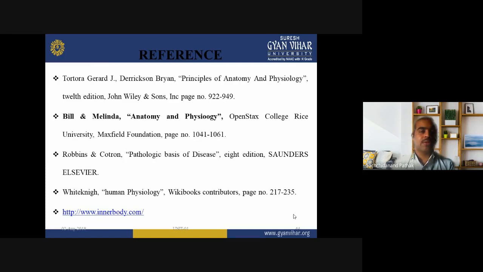Now here are some books that you can follow. Today, whatever we learned, that means we talked about the reflex action, different parts of the brain and the ventricles. So you go through these books like Tortora, Principles of Anatomy and Physiology, Vaughan, that will be the anatomy and physiology, Robbins, the pathophysiology, basis of the disease. You can see the diseases related to the nervous system in these books, as well as you can also follow the Ross and Wilson books. And for Indian authors, you can follow Gandhi and Gandhi.